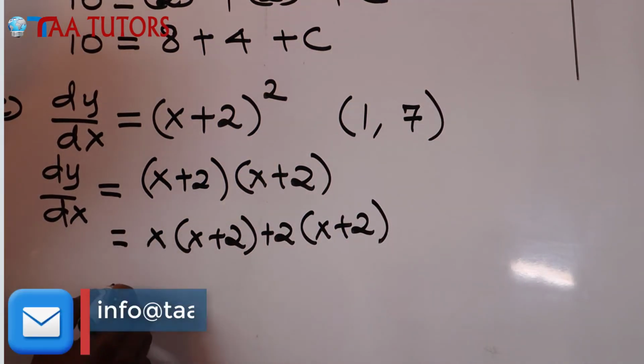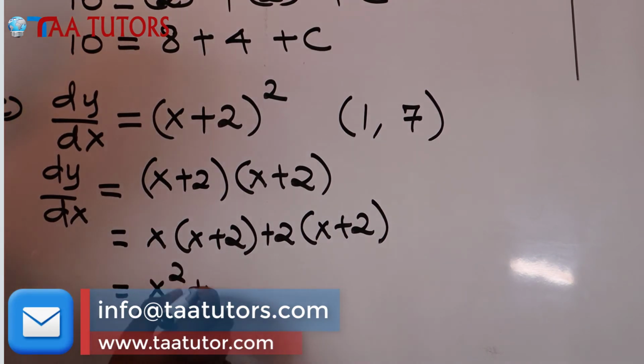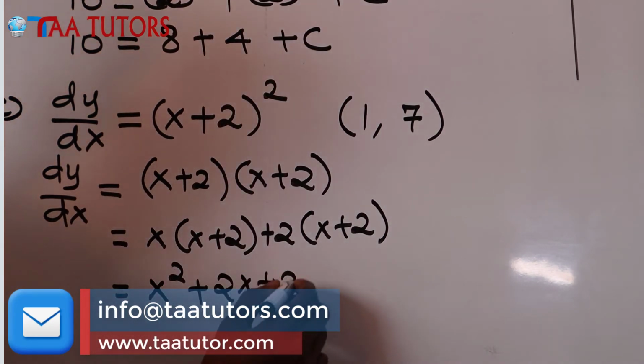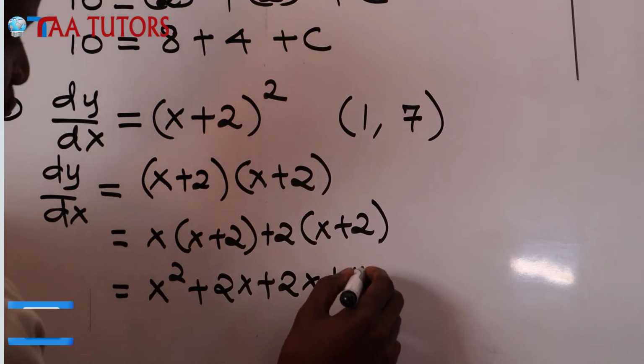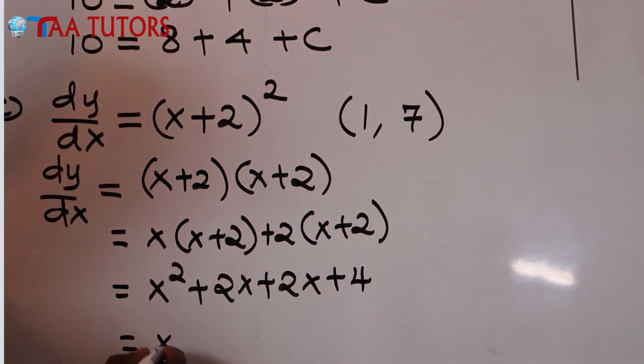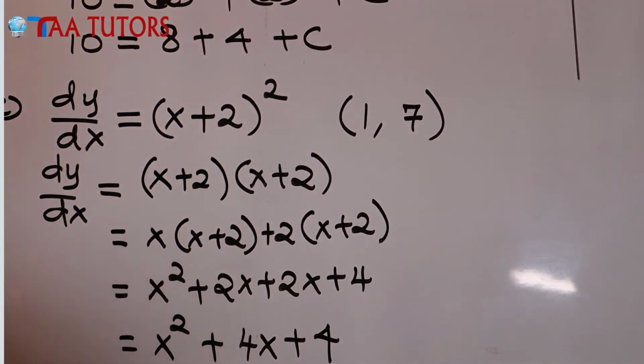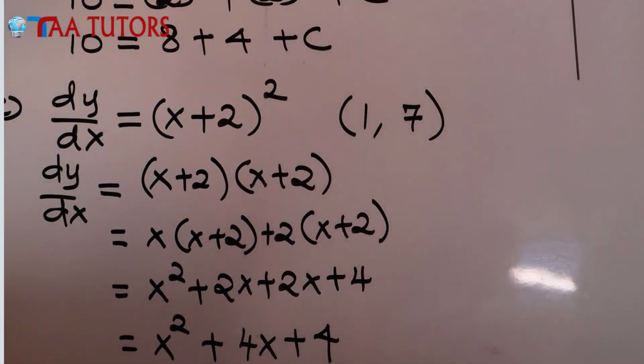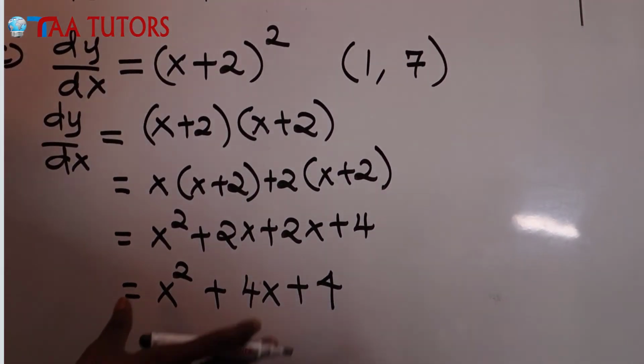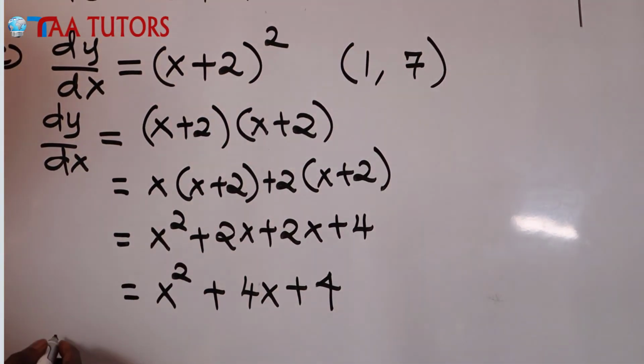This will be x squared plus 2x plus 2x plus 4. This is x squared plus 4x plus 4. This is our gradient function. So if this is our gradient function, we can now move forward to integrate, where we are going to say